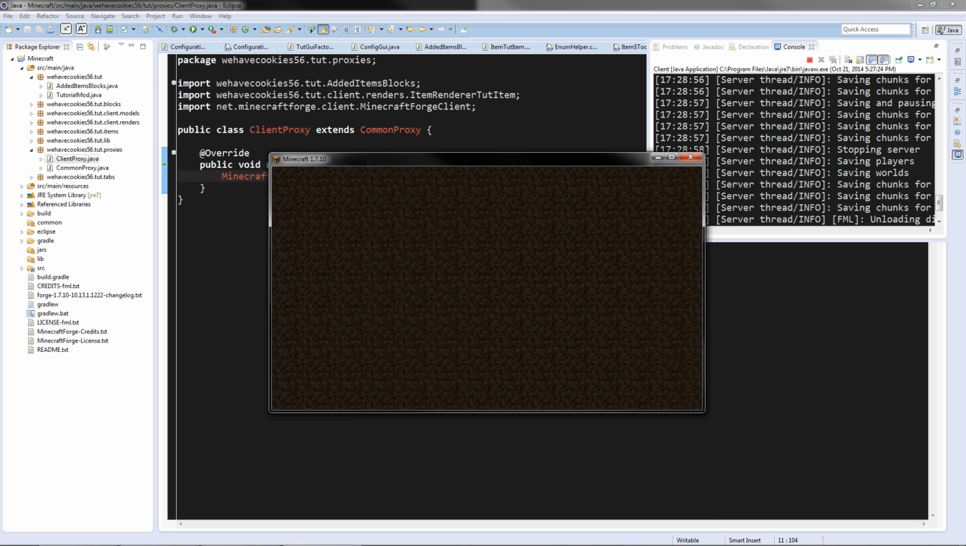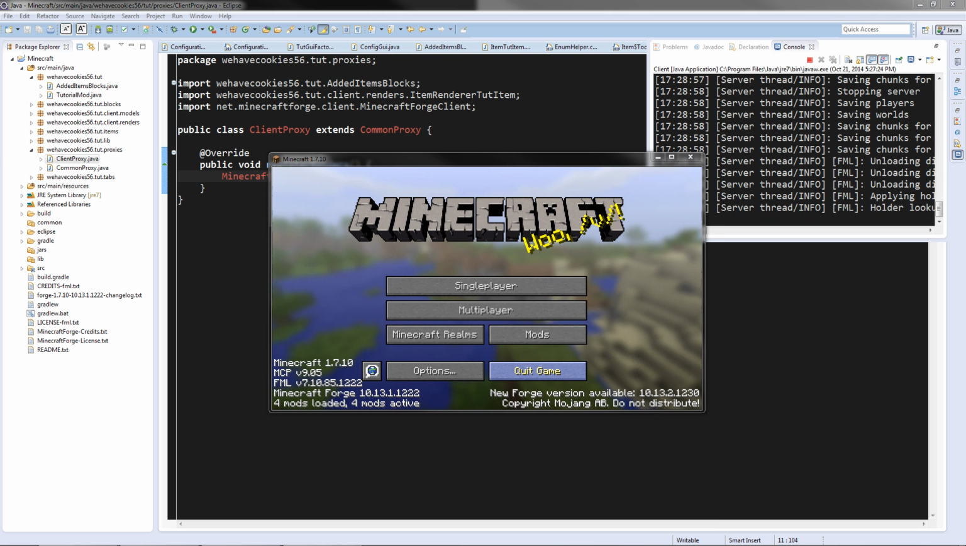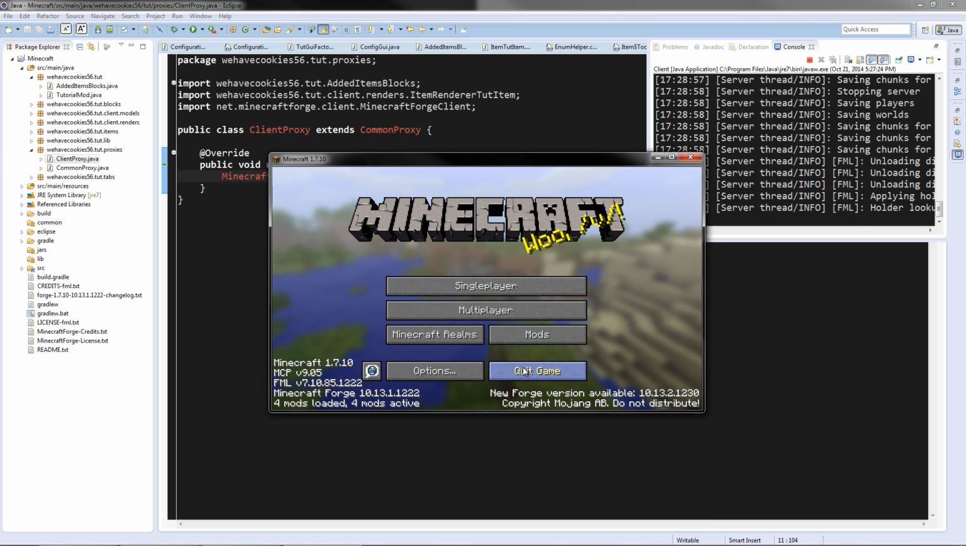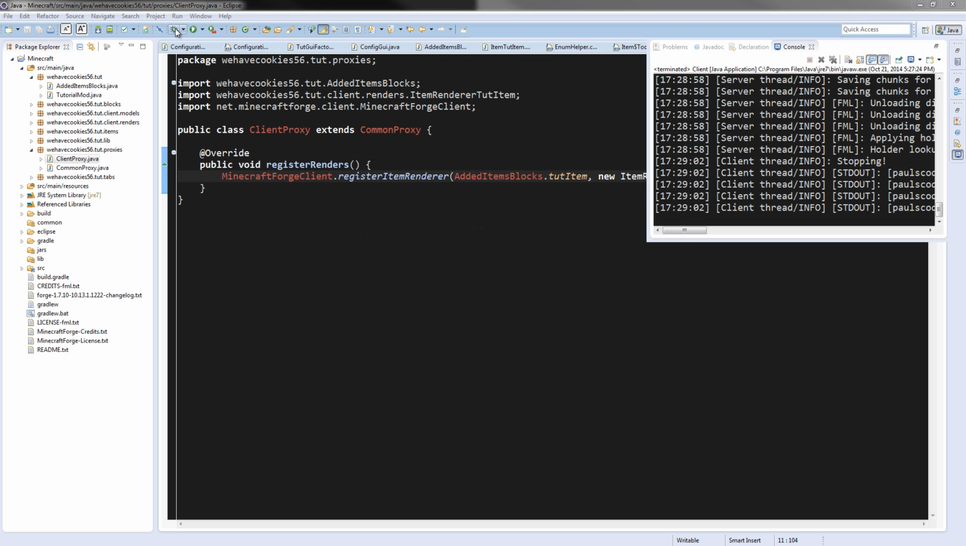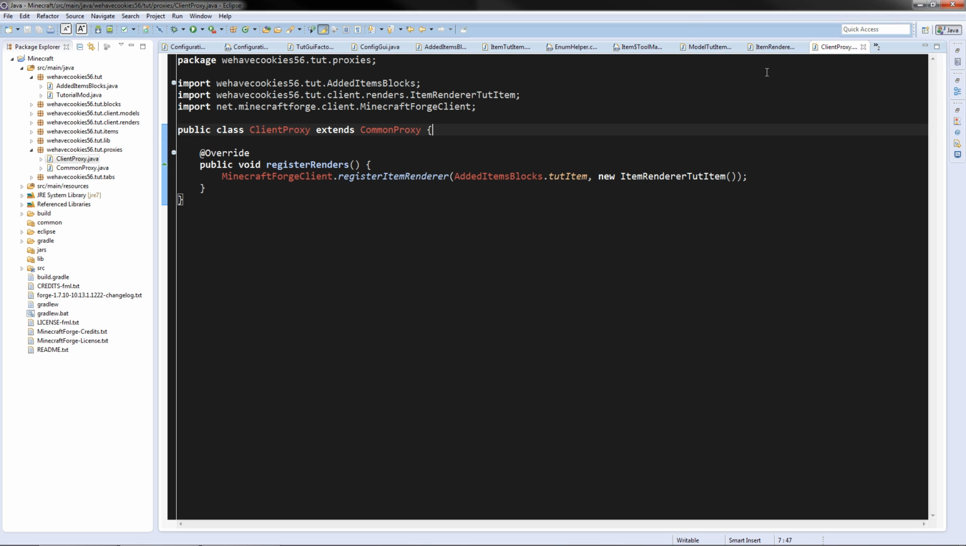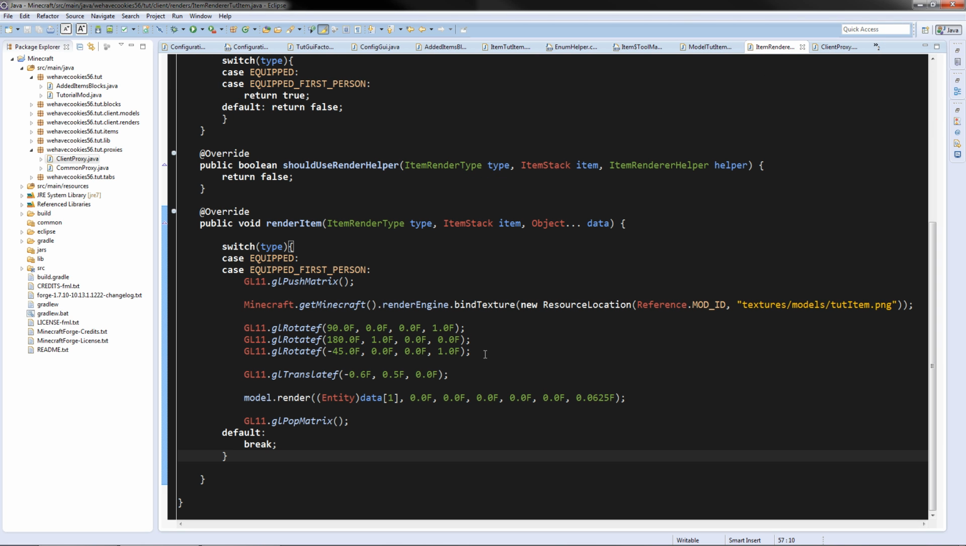Okay, so that is almost everything for this tutorial. I think that's been pretty quick compared to some of my other tutorials. We got one last thing though. I will show you how you can easily get your model in the right position. So if you see here next to the run client, we have debug client. So if we run that,